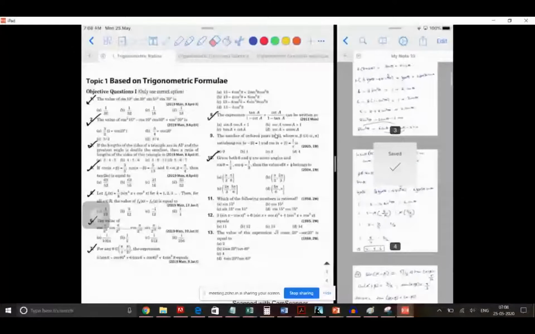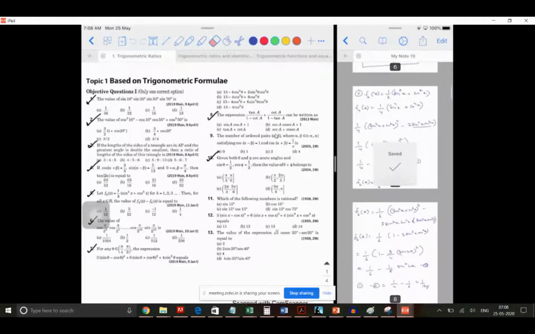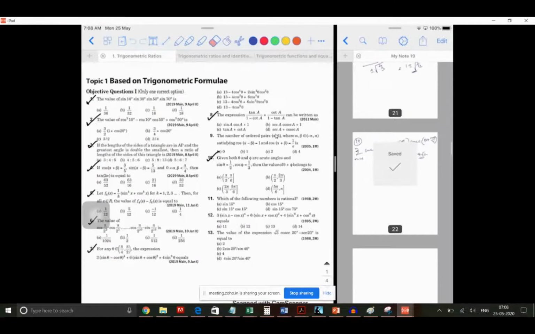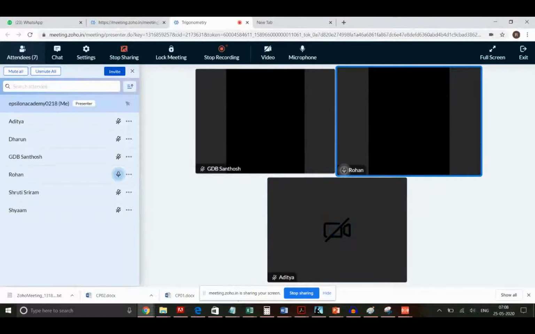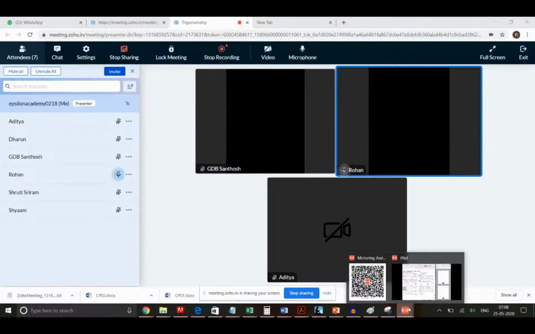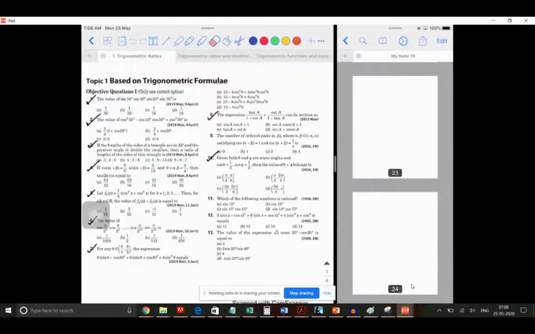Can someone give me an idea of how to approach the question? So you can use the sin A sin B formula. Sin A sin B, okay, what are you going to do? You can take sin 30 and sin 70, then use the sin A sin B formula and multiply it with sin 50. What is the formula you are going to apply? Cos of A plus B plus cos of A minus B by 2. Is it A plus B? Oh no, it's the other way around.